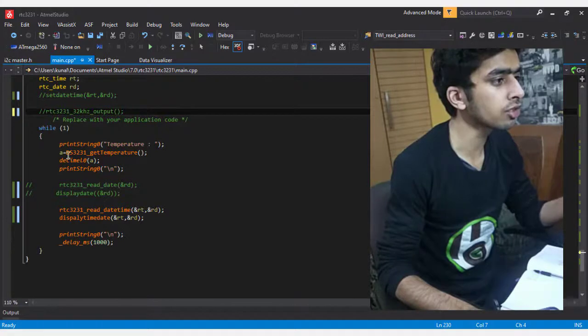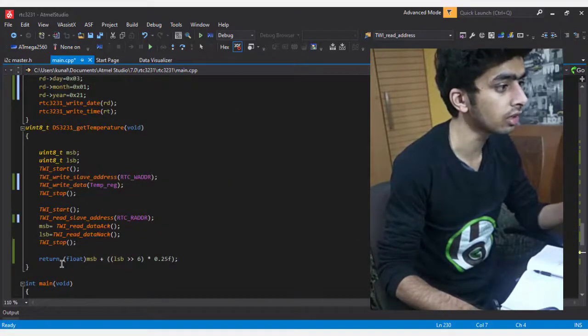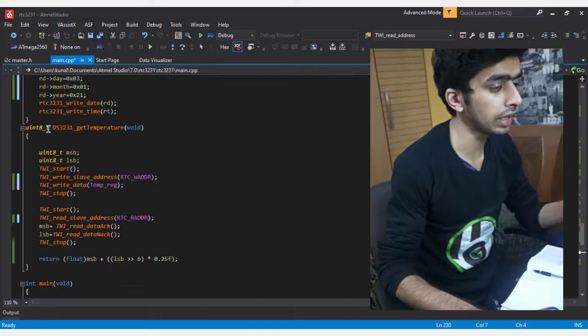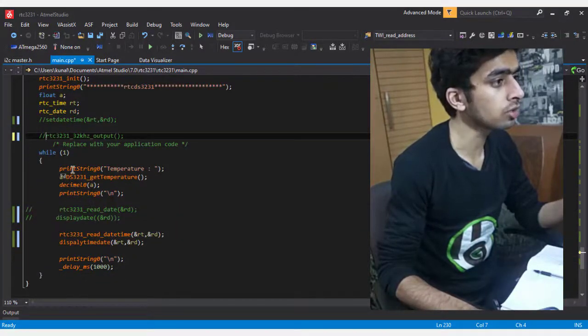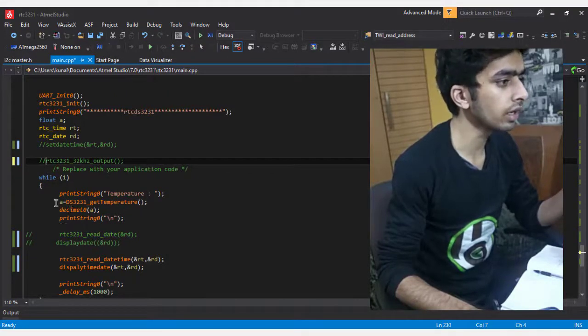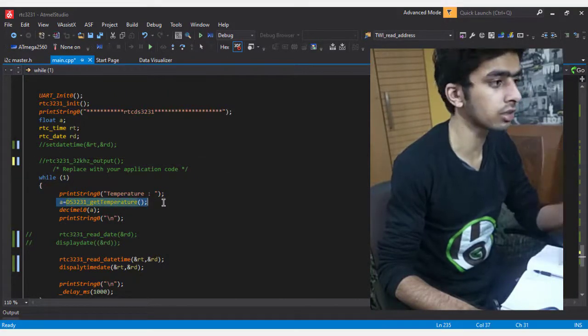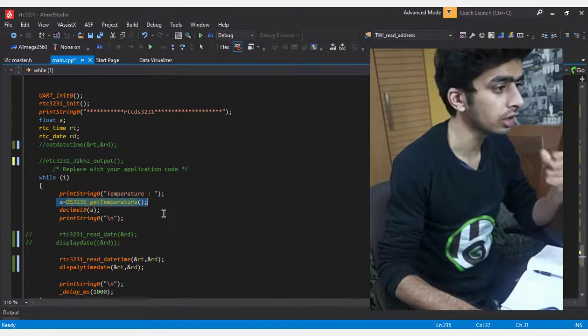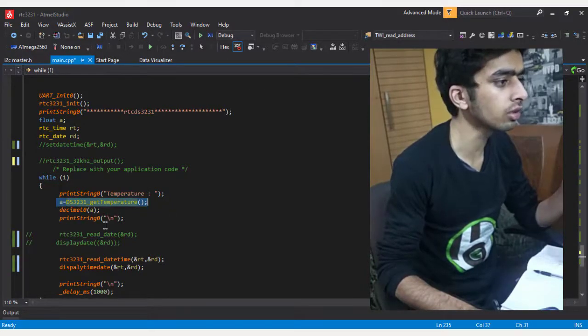So in the while loop we will first simply get the temperature, which returns a uint8_t value. I have declared a float variable. So a is equal to DS3231 get temperature. A will contain my temperature data, and I will print it on the screen.